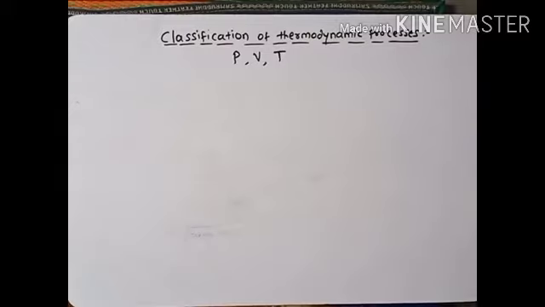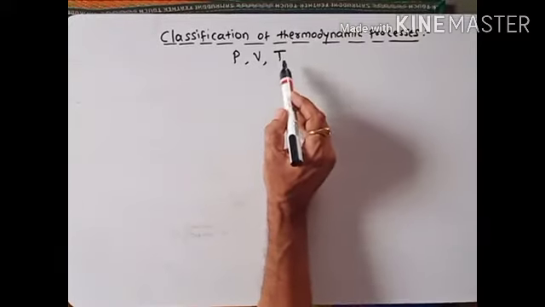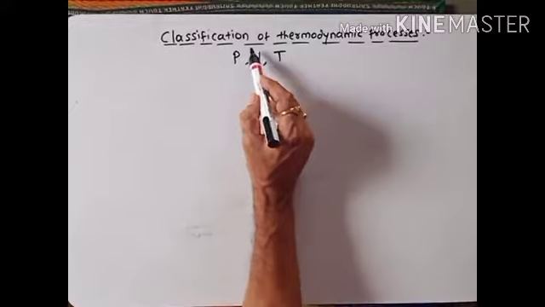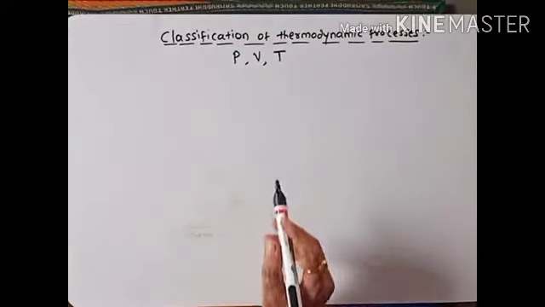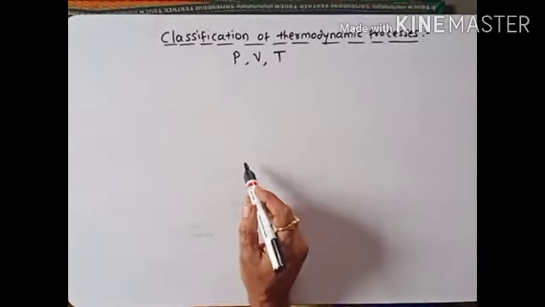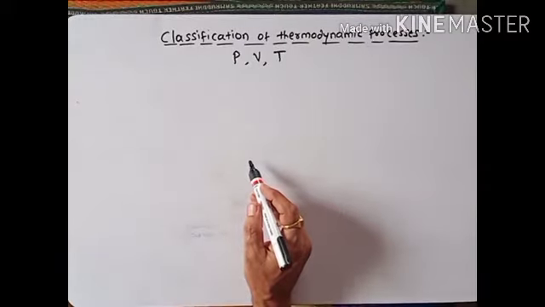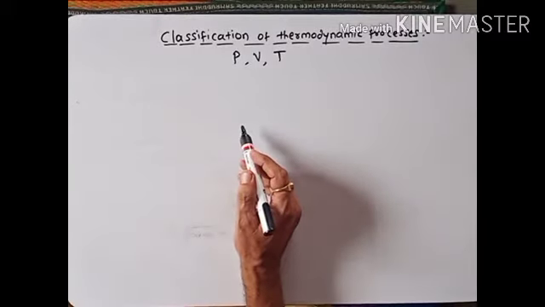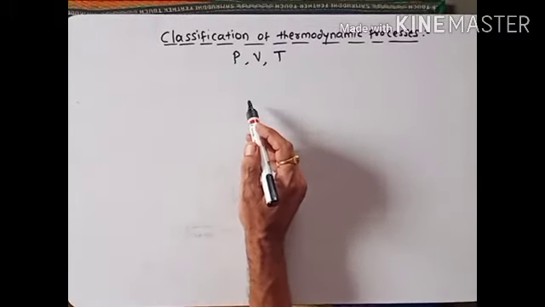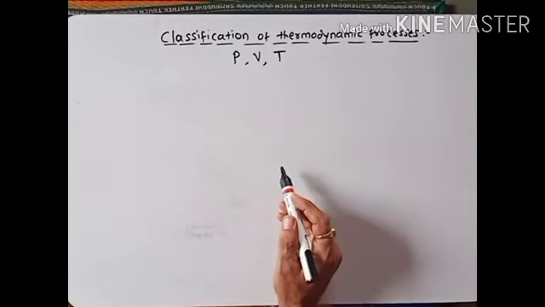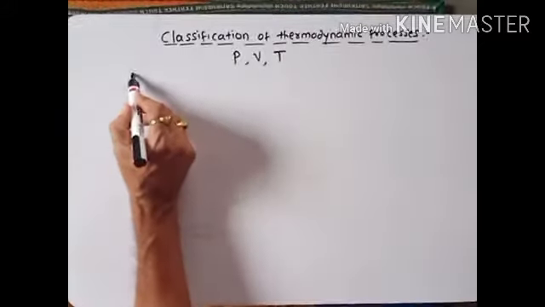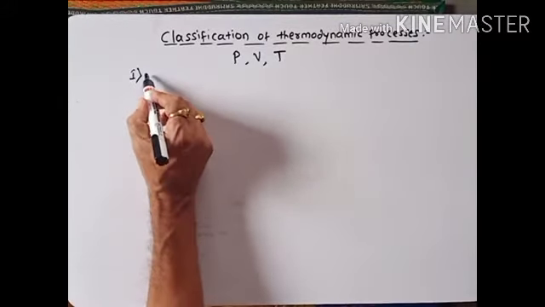Now, here we consider by keeping any one of these variables constant and we vary the two variables, then we get different thermodynamic processes or thermodynamic changes, and depending on these we classify the thermodynamic processes. Now here we consider first, that is reversible